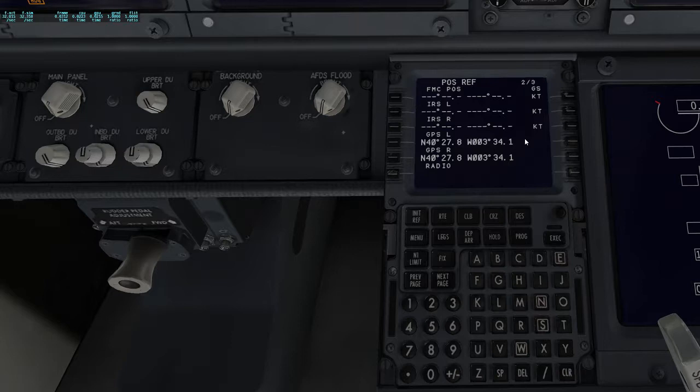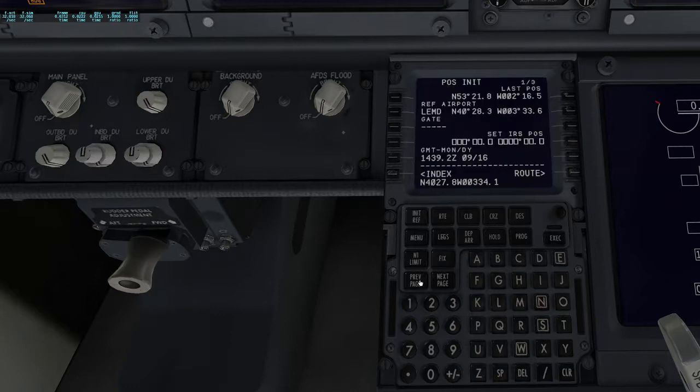They've triangulated using 3 or more satellites to know exactly where we are. So if we line select that figure with the line select key on the left here, it'll copy it into the scratch pad, and it'll stay there when we change pages. We go back one to the previous page, and if we line select against this line here with the empty boxes, it'll paste that figure into there,